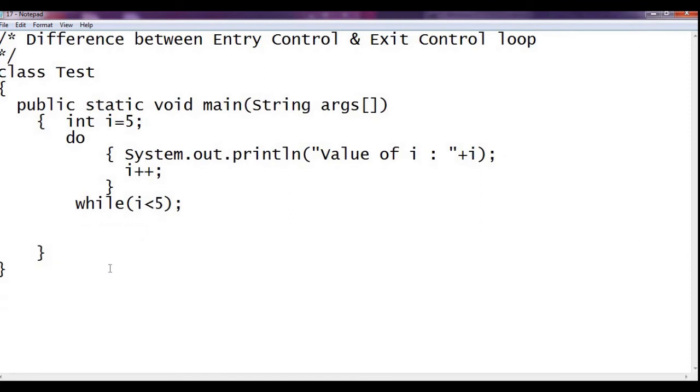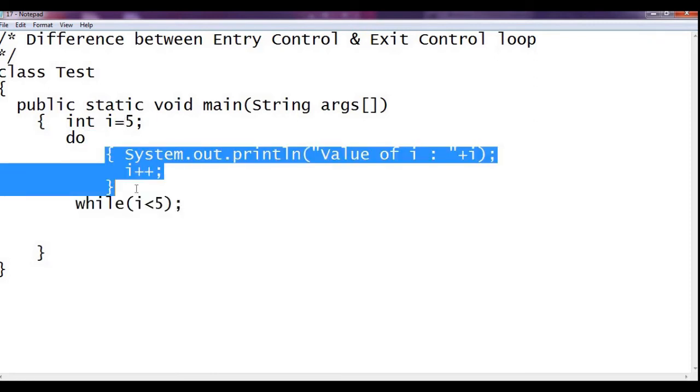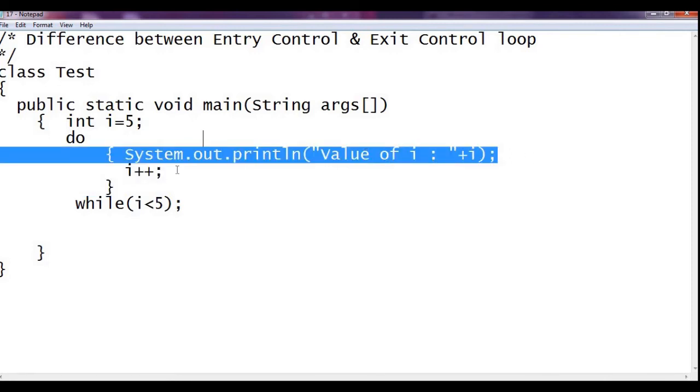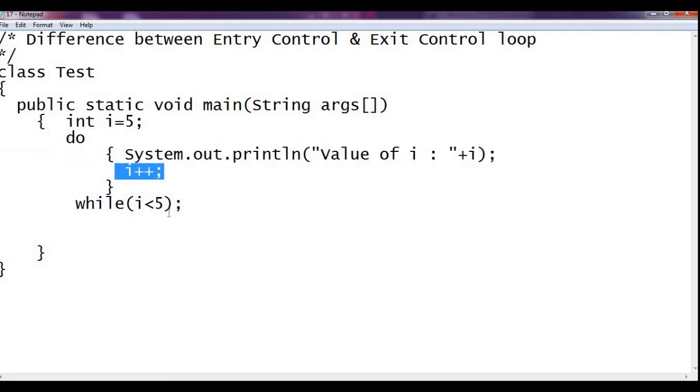Assume that we have this do while loop with i equal to 5. We are not checking over here. This is basically known as an exit control loop. At entry time we are not checking. So for i equal to 5, it will go over here and execute the statement. It will print the value of i as 5, and then it will go for i plus plus, making it 6.